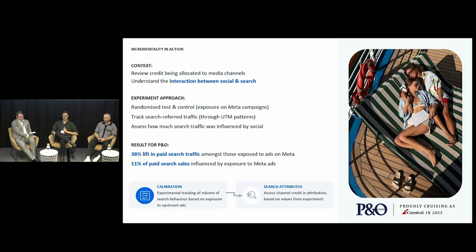So we devised this test that Meta kindly came to us with, where basically we set up a control group and you apply your UTM parameters, and you can be pretty diverse in how you apply those. Essentially we want to measure, during our second biggest campaign of the year, over a 4-week period, what is the lift, or how many of your search conversions were influenced by Meta. So you see this 38% lift from paid search traffic, which is great, it's what you'd expect to see. But I think the 11% of paid search sales influenced by exposure to Meta ads is the really interesting bit,